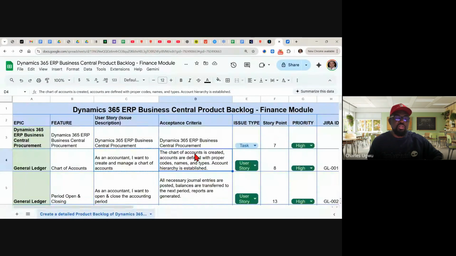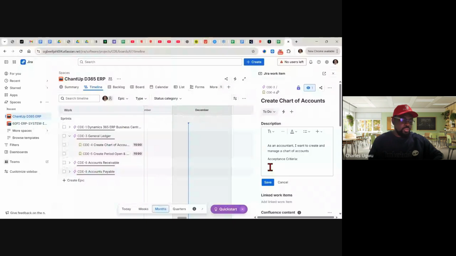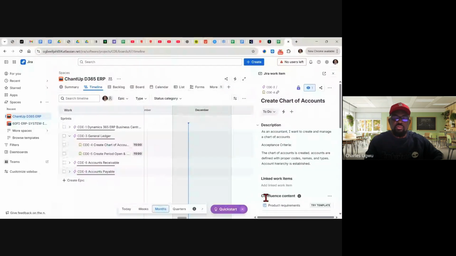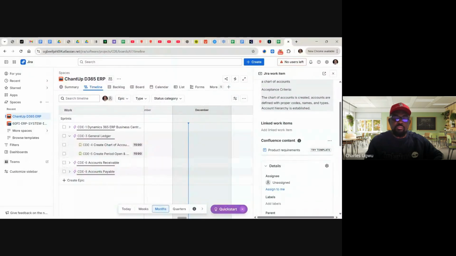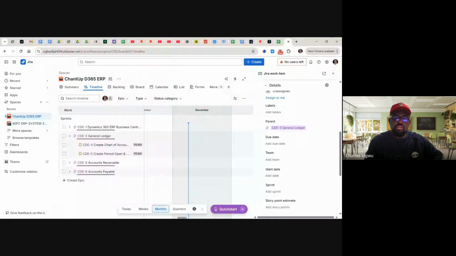The acceptance criteria here. I'll copy it and I'll paste and I'll save. So I'll fully describe this work item and I'll come here.